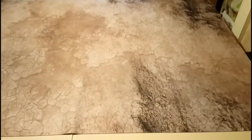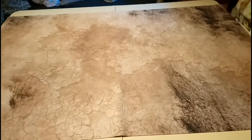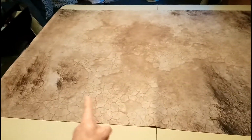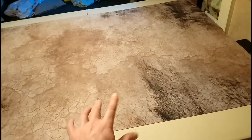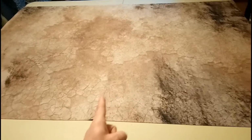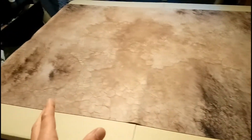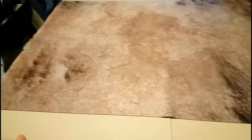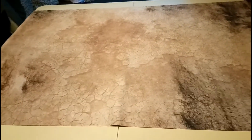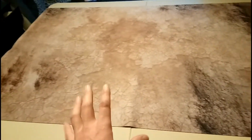But yeah, I think the usual price of this 6x4 mouse mat is around the £60 mark. But I got mine on Black Friday, and it was about 15% off, I think, on Deepcut Studios. So I saved a bit of money on it. With the postage costs, I think it cost me about £50, maybe £55. It was a little while ago. I've had it now,